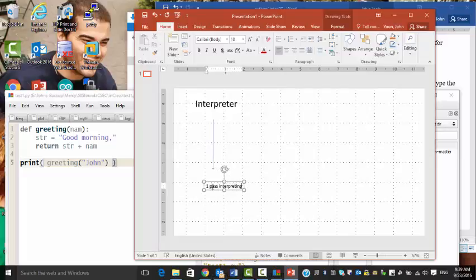One pass. Each compiler or interpreter is designed in multiple passes. So at the first pass, as it scans this, if there is a def,